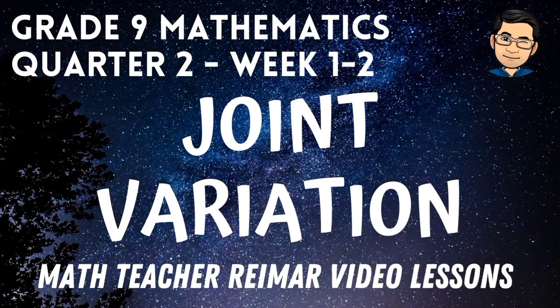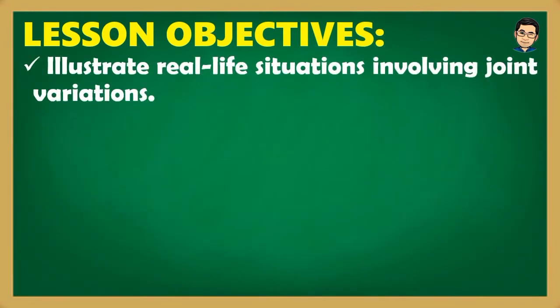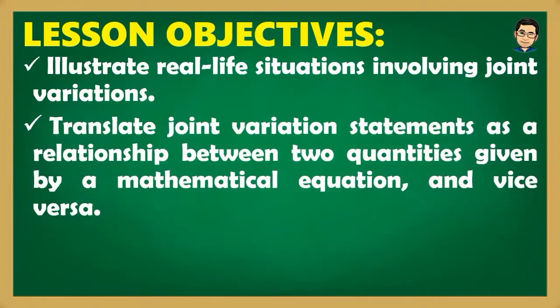After nating i-discuss yung dalawang unang types ng variation which are direct and inverse variations, yung next two types naman yung ating i-discuss. Mauna na dito yung joint variation. For our lesson objectives, first, we will illustrate real-life situations involving joint variations. And then, we will translate joint variation statements as a relationship between two quantities given by a mathematical equation and